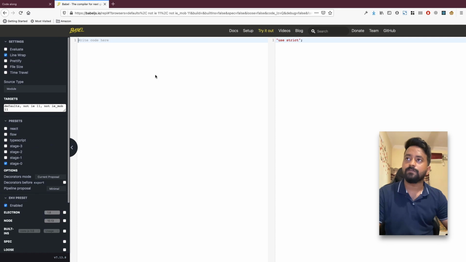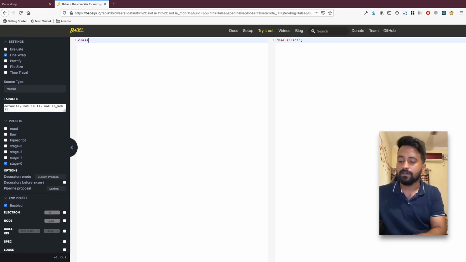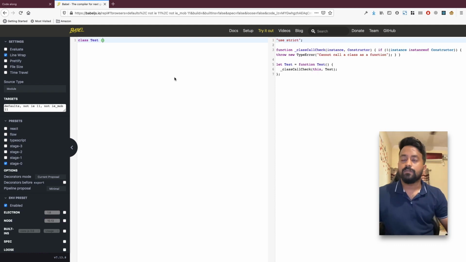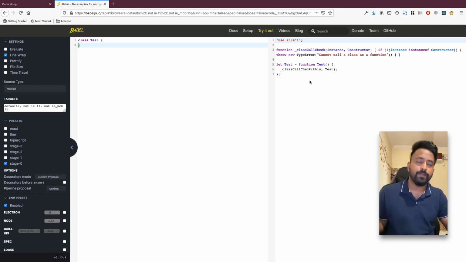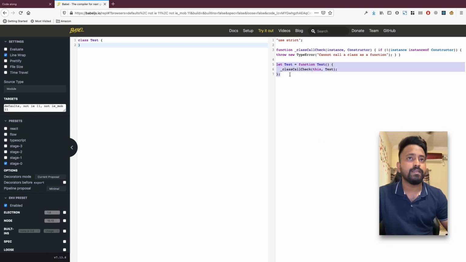Let's type in a test class here, class test. If you see the output, when it is converted into vanilla JavaScript, you will basically see here that